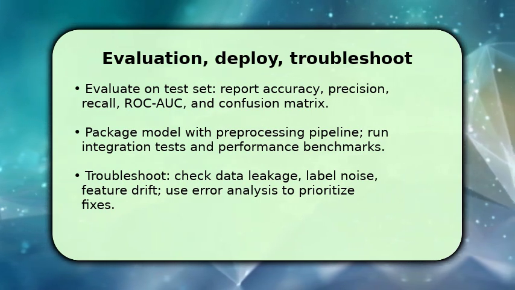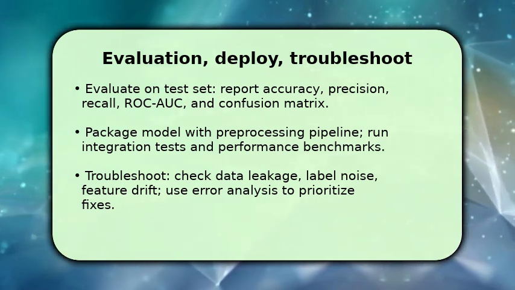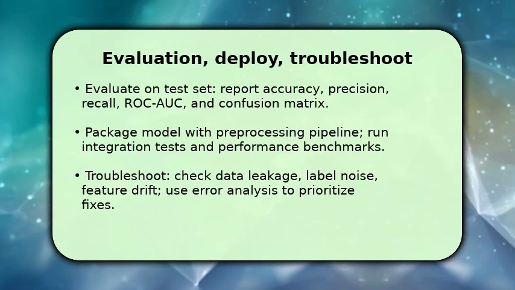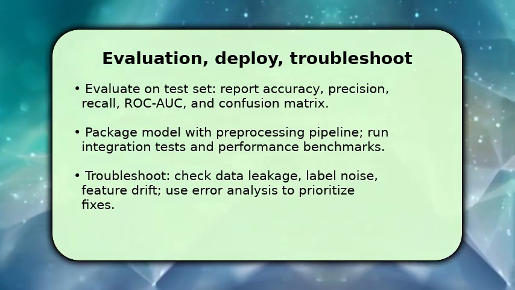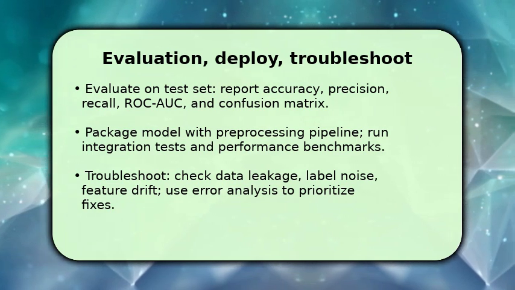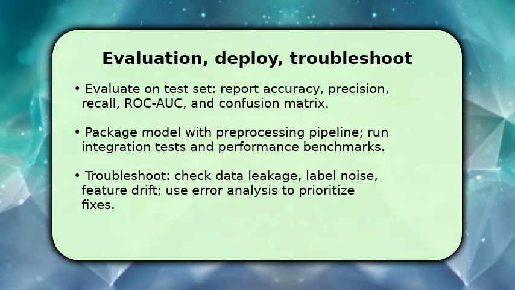If performance degrades in production, first check for data leakage, label noise, or feature drift, then perform targeted error analysis to find high-impact fixes. Make sure to version the deployed model and monitoring rules so you can roll back or iterate